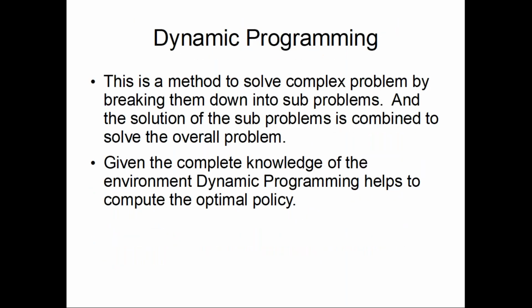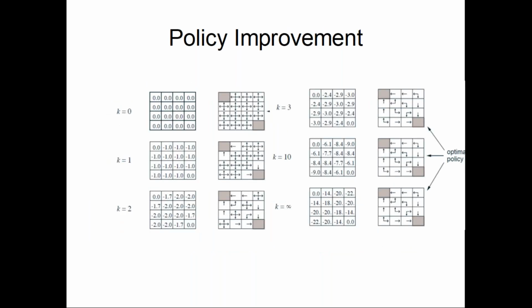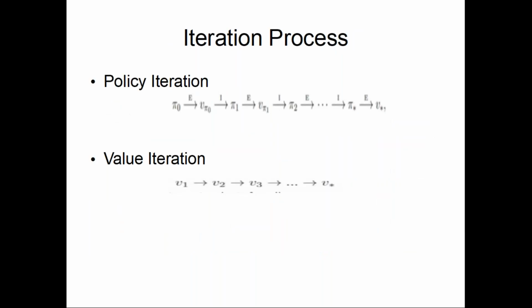dynamic programming. Complete model of the environment is known. MDP dynamics are known. We are able to evaluate, using the Bellman expectation equation. Then we are able to iterate. That means we are finding out what is the best path. Now, in the process of iteration, sometimes we do evaluation and iteration alternately, and sometimes we keep on evaluating and finally iterate once. So this is our dynamic programming.